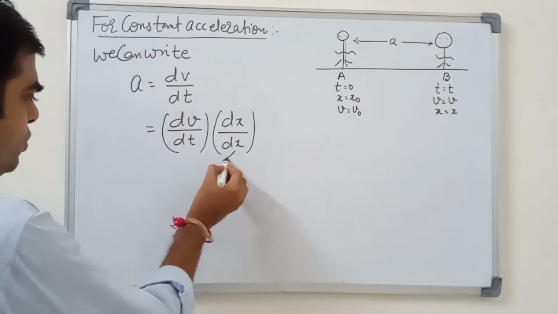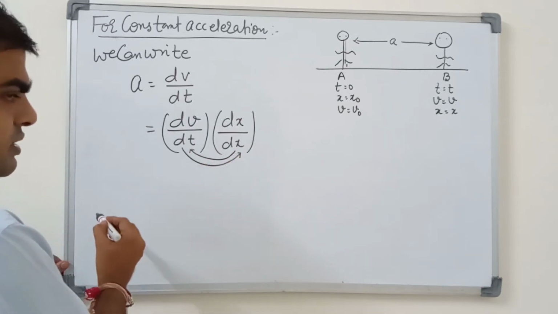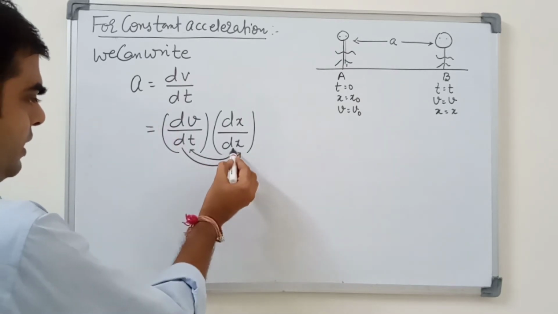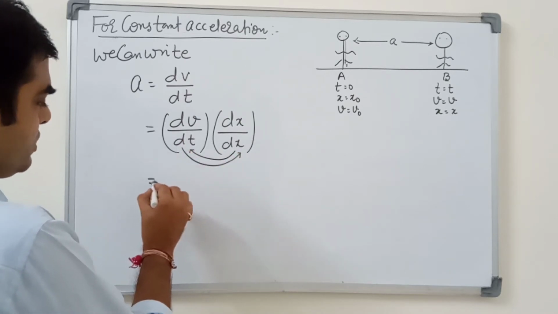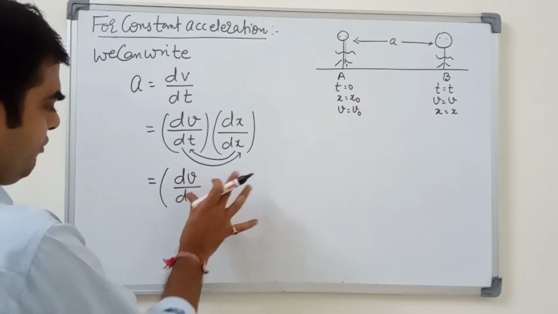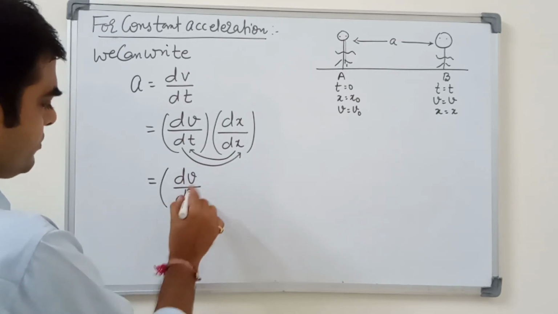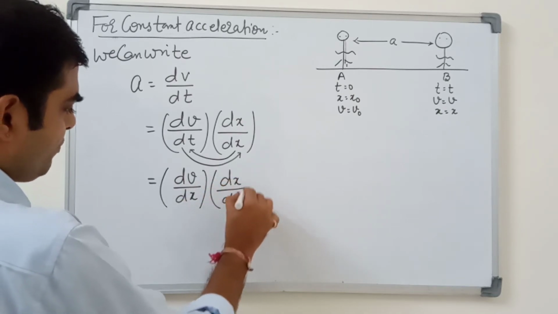So dx goes to the dt and dt goes to the dx. Is it clear? Again, dx goes to the dt and dt goes to the dx. So changing this formula, dv upon dt becomes dv upon dx